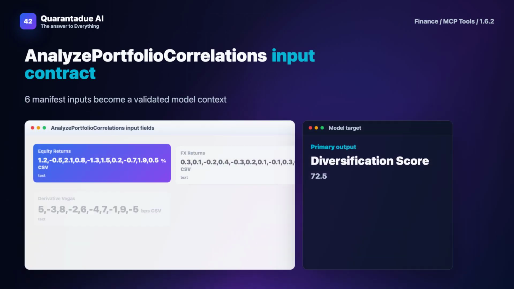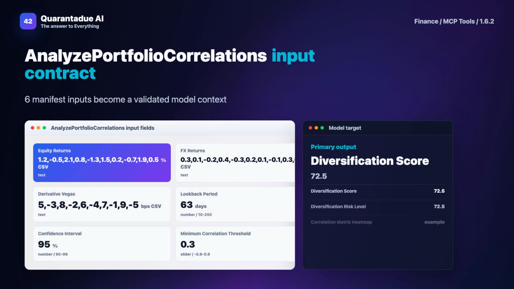The workflow then applies calculate the correlation matrix by computing Pearson correlation coefficients between each pair of asset returns, equity, FX, and derivative Vega changes over the specified look-back period. Perform principal component analysis on the correlation matrix to determine the percentage of variance explained by each principal component, sorted